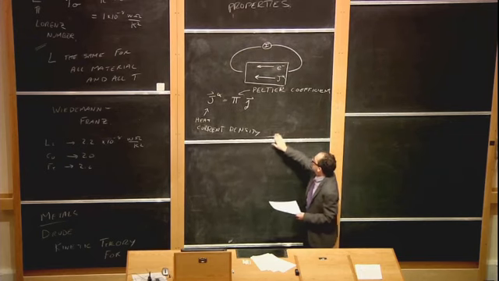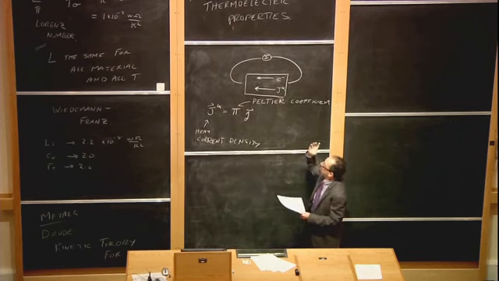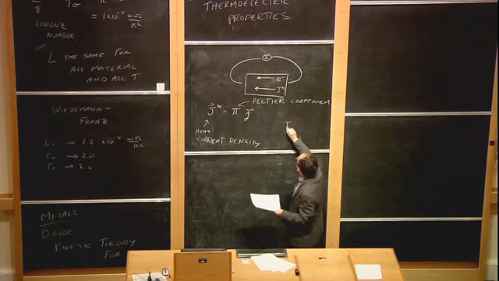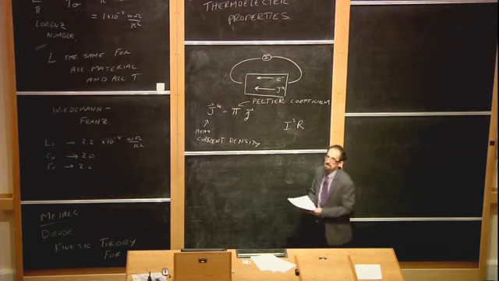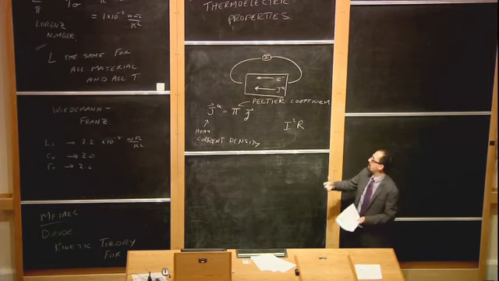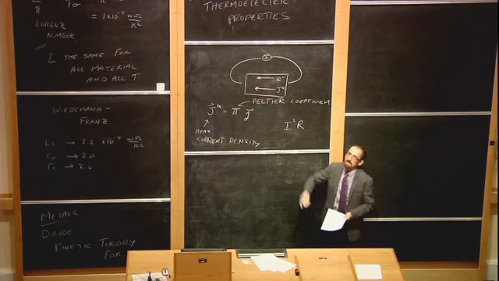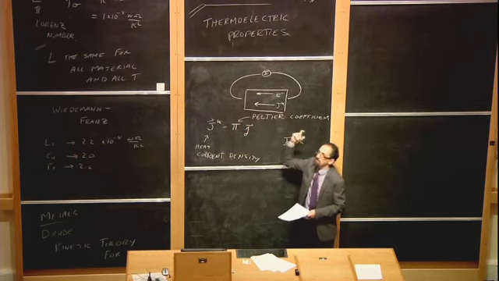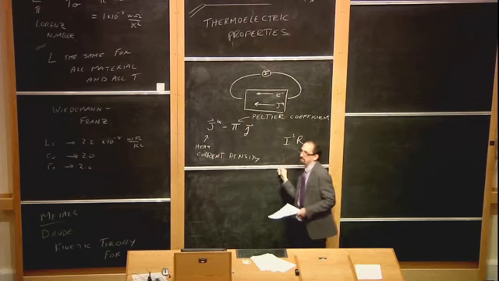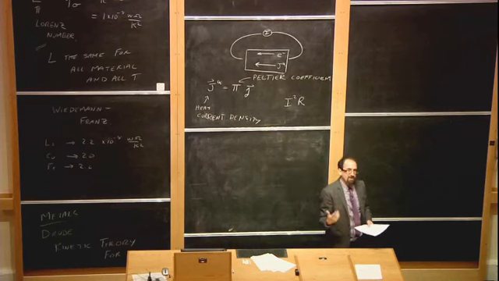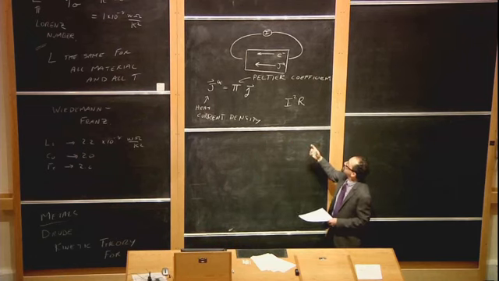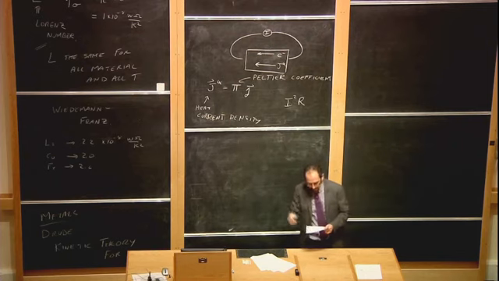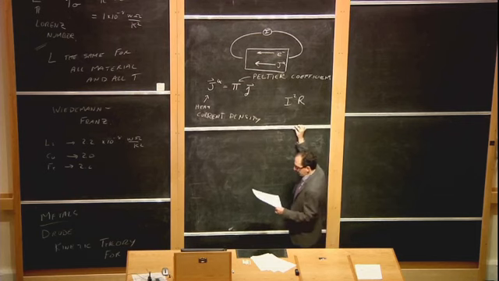But one thing that one has to keep in mind in a Peltier refrigerator is that you can't just keep running more and more current and getting it colder and colder, because at some point there's going to be an I squared R heat dissipation. So you'll be dissipating power, and if I squared R gets too big, then you start heating things up. So for small currents, this side will get cold, this side will get hot, but for large currents, everything gets hot. So the art form in building a good Peltier refrigerator is that you have to find a material with a large Peltier coefficient but a small resistivity. And there's many, many people whose job it is to find these materials.